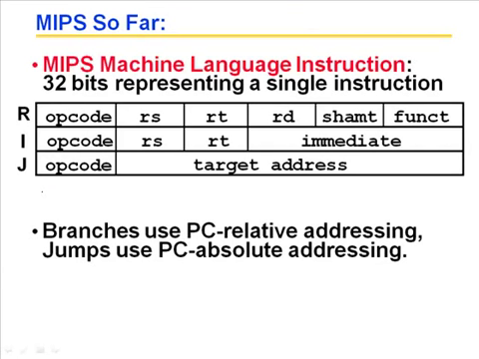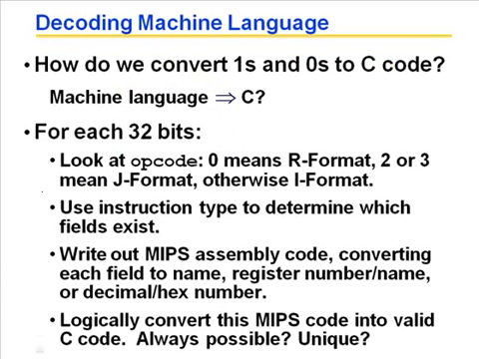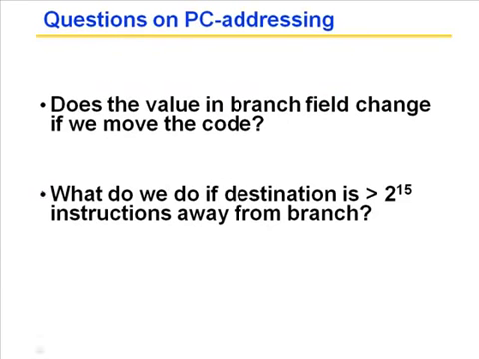Branches use PC relative addressing. Jumps use PC absolute addressing. So how do we convert? Well, let's go back to this question because that didn't really answer it. What do you do if the destination is greater than 2 to the 15 instructions away from the branch? I'm going to go ahead and assume that you can't do that because there's only 15 bits stored in the immediate, and I think they hinted at that earlier in the slides. I'm not 100% sure that that's the answer to that question. If you want to look into that,